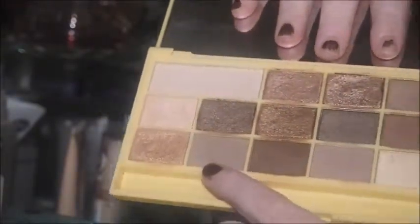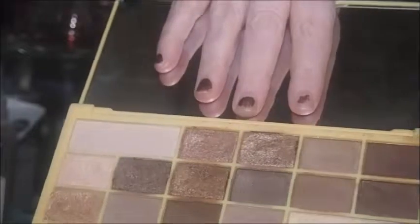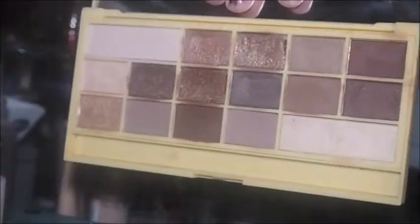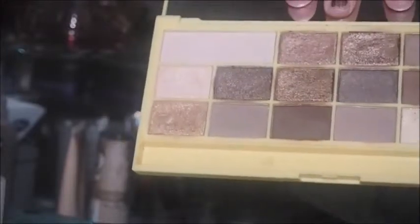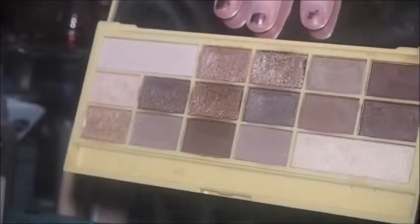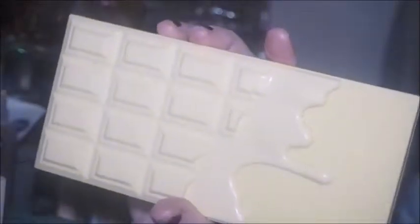I don't mind the highlighter, and I like the base, and I really like the mattes here, but the rest of the shimmers in it aren't that good. I don't think it's the formula. I don't think it was like this when I bought it, but I think over time the formula's getting quite crumbly, so I'm going to keep it for now just so I can do that video. I'm hoping to do a best to worst of